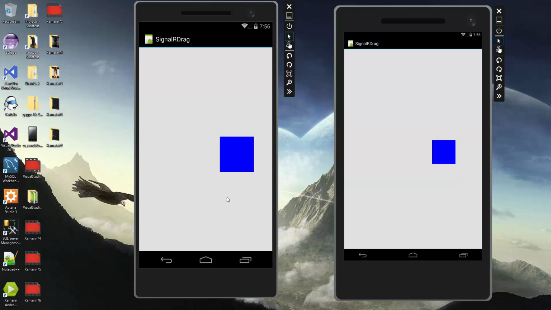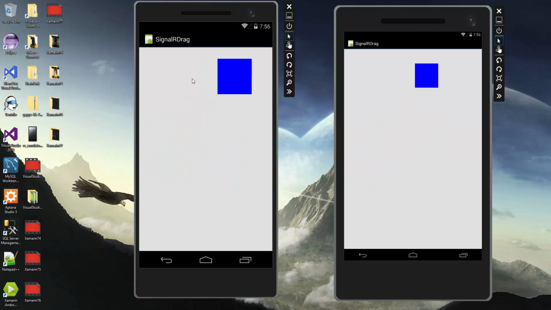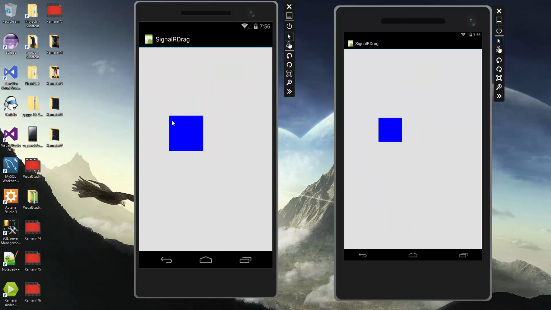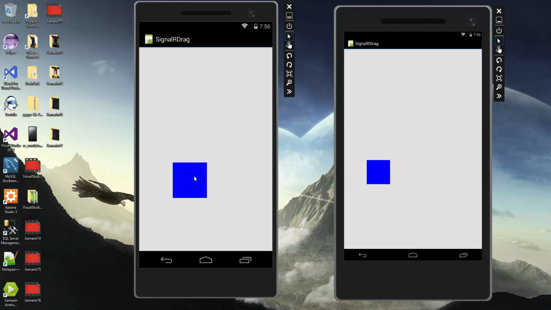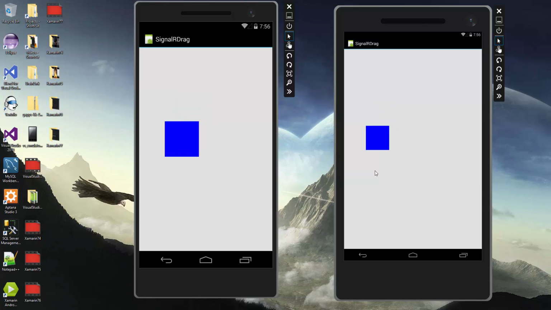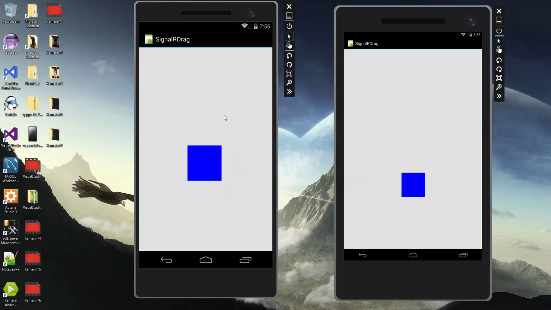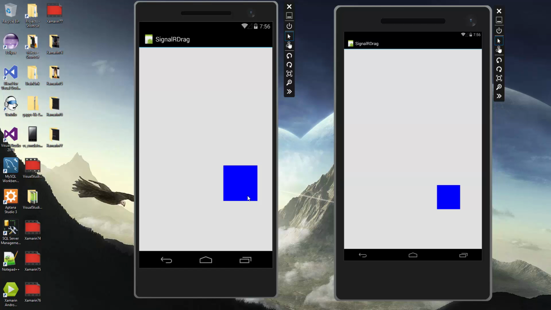But here we have two applications that are connected to the same server that's running the SignalR host, if you will, the server. And what they are doing is listening for a drag. So these are now mirroring each other, and basically we're dragging the view, and what it's doing is sending out to all of its clients where the view is going, and this one in a sense is mimicking what this one does. Or I can come over here and it begins to mimic what this other one does. And these are a lot of network calls,